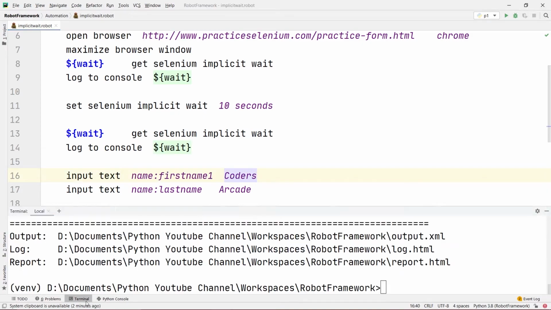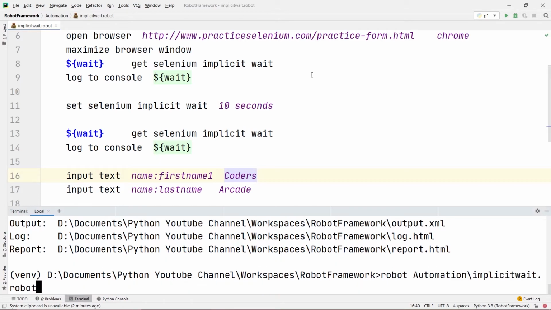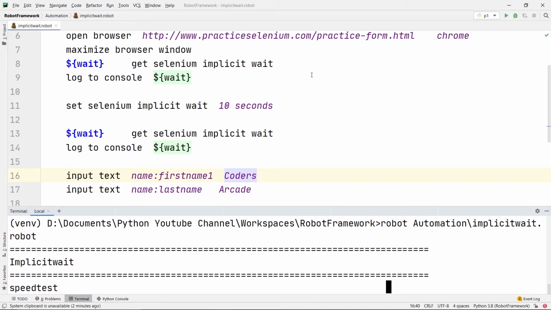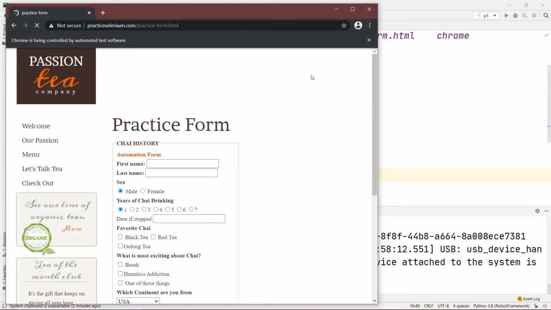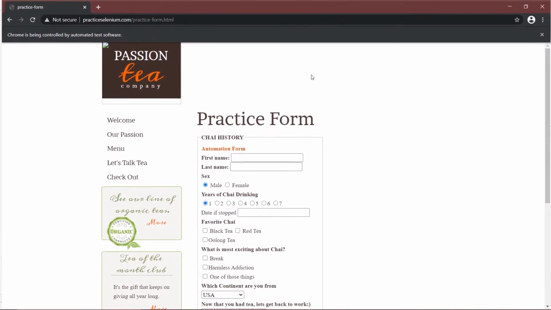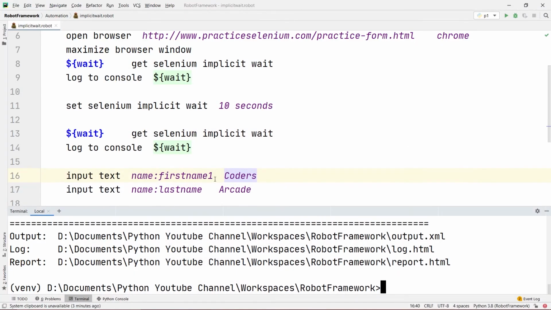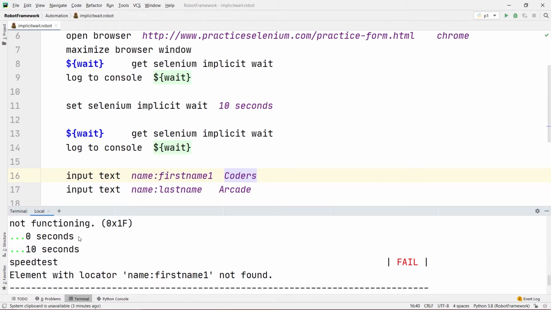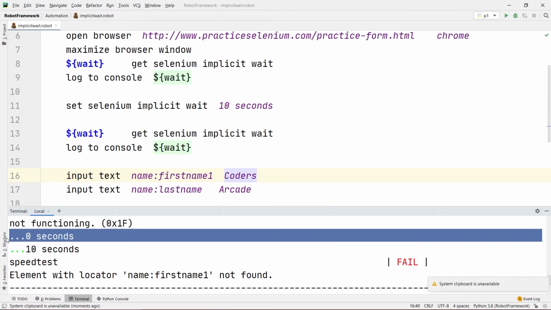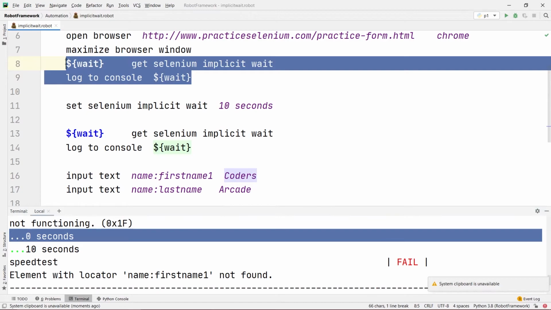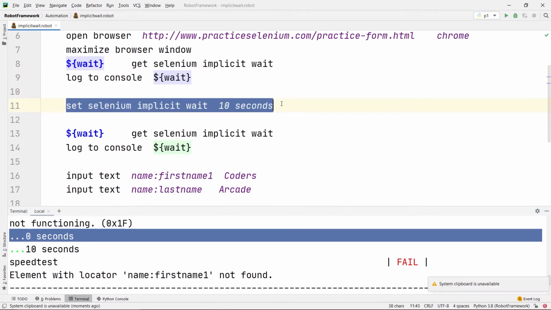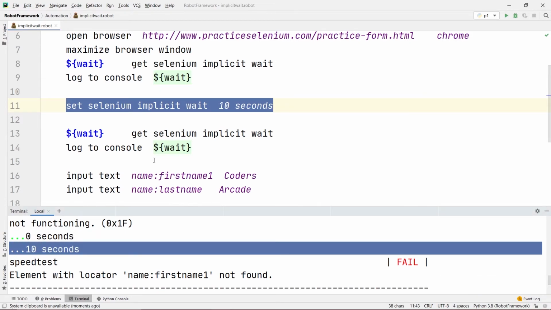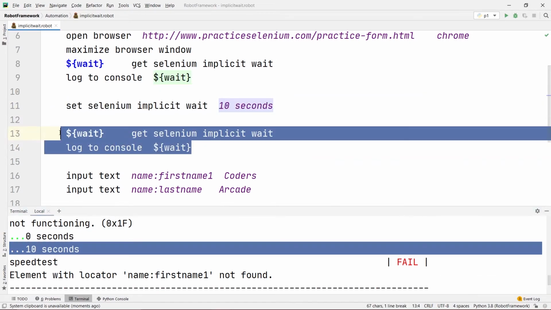If I go to my terminal and run it again, this will maximize the browser window once it's loaded. You can see it failed after 10 seconds. This 0 seconds is the default implicit wait before the command set selenium implicit wait, and this is the updated value which is printed with this command.